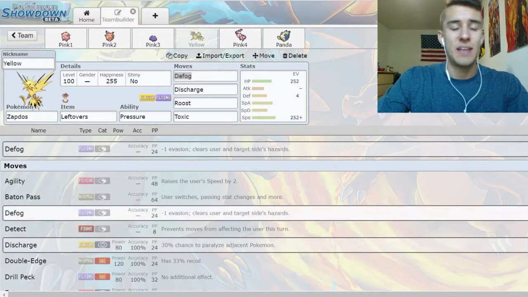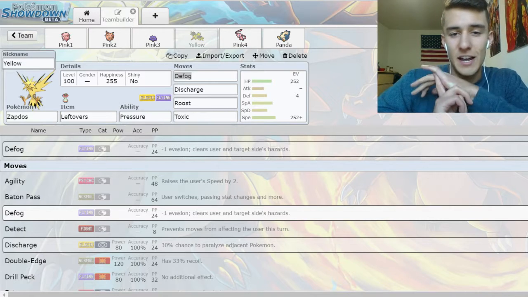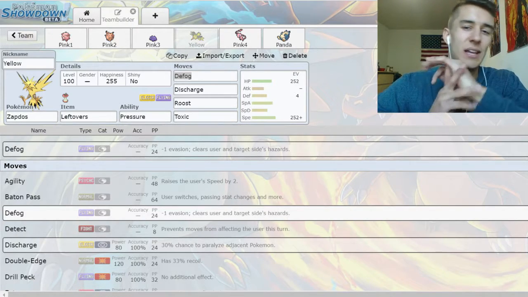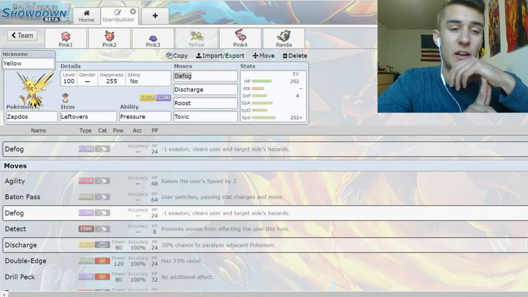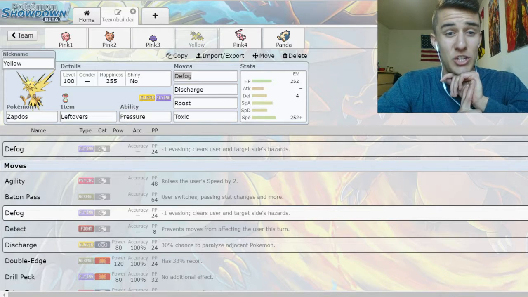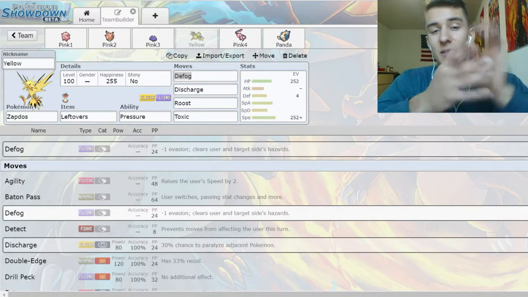Zapdos is my defogger and has Toxic and Discharge to hit maybe Gyarados, because I think it'll be able to stop a Gyarados setup and everything, and it also resists Machamp. And I think Machamp can be a real problem to this team, just because he's a big threat in general,